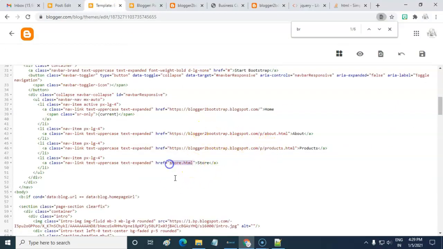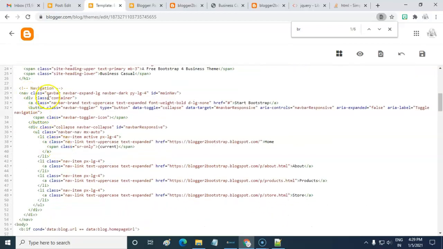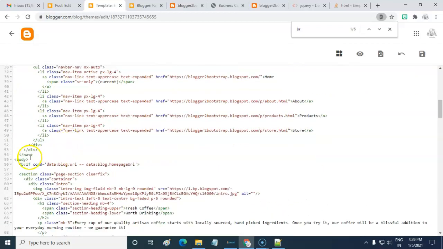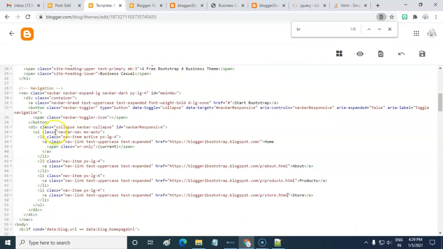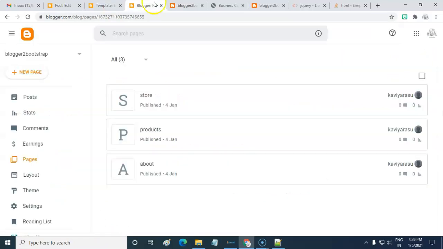Okay, the problem is we have not replaced the respective Blogger page links in the navigation bar section. We have added the navigation tags just below the body tag and we have to replace the respective Blogger page links. Okay, click save button.